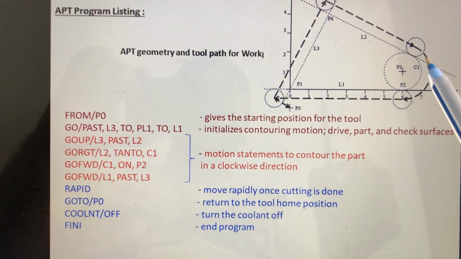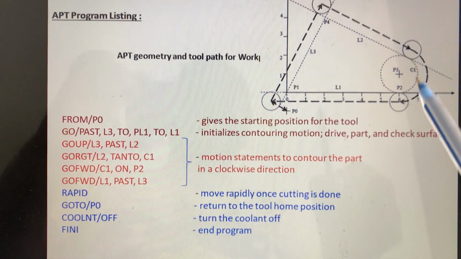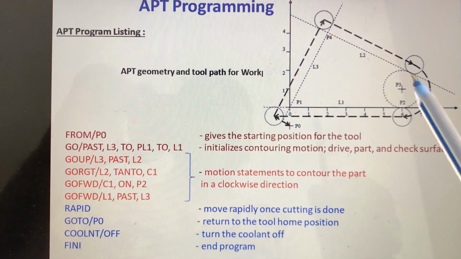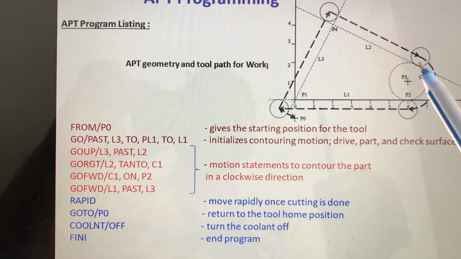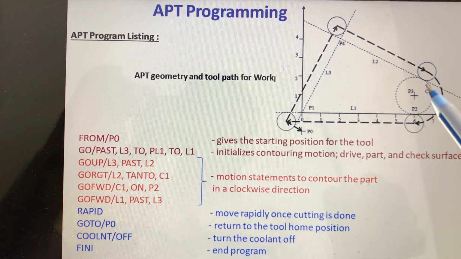You cannot say go front, go back and all. You should say go forward because this is a radial direction. In radial direction you should use the command called go forward, go backward. That is better. So now we use go forward